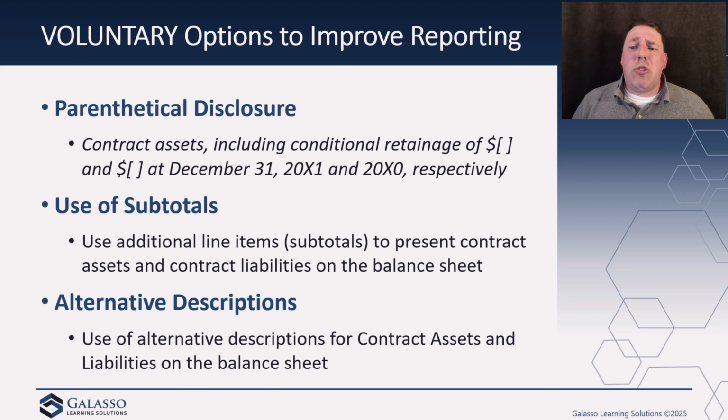Third bullet point here, this is just kind of a suggestion around descriptions for contract assets and liabilities. You do not have to explicitly use those descriptions. You could say things like excess of billings or billings in excess of revenue instead. When you do that, though, you just have to make sure that you provide sufficient information to distinguish between contract assets and receivables. So it allows for us to tweak the wording to make it a little clearer what specifically is being talked about.